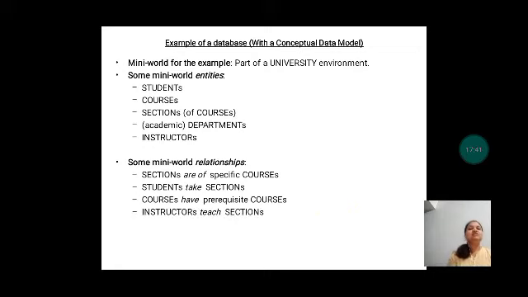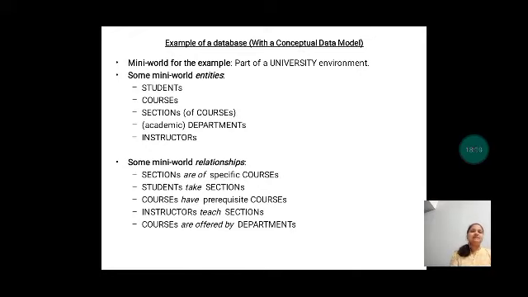Next, what is the relationship between instructor and sections? Instructors are nothing but the faculty, and sections are like a particular division. So instructors teach particular sections. I am an instructor who teaches for the BCA, and there will be another faculty who teaches the section BCA 1, like that. So instructors teach particular sections.